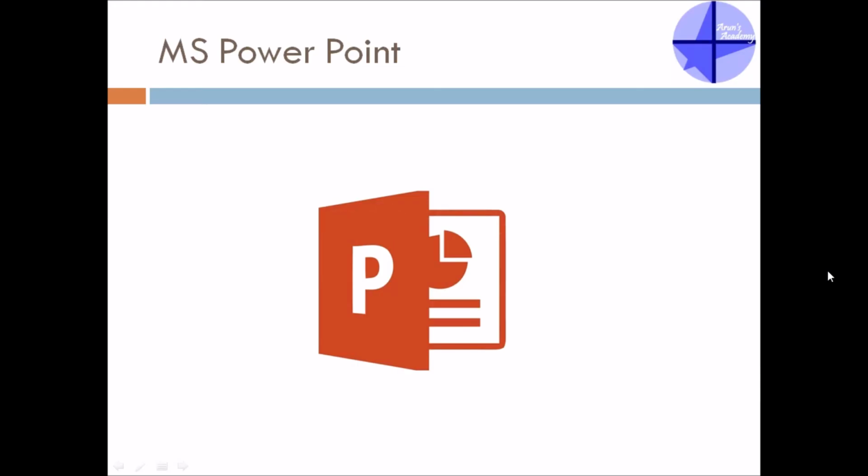Microsoft PowerPoint is a software in the MS Office package which is used to create presentations. In our work life, we need to create a lot of presentations, may it be for the team meeting, may it be for the board members review, monthly meeting, review meetings, and so forth. It becomes a normal thing for us to create presentations. And what better software can you use than MS PowerPoint to create those presentations? So let us understand this particular software in a little more detail.